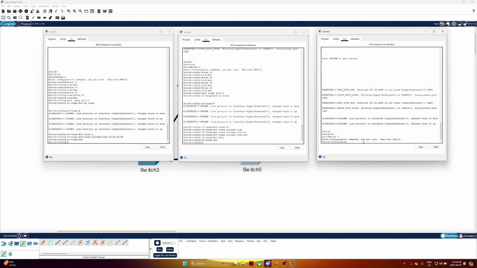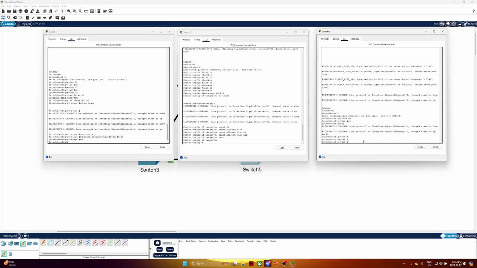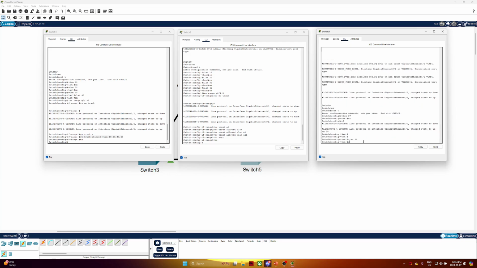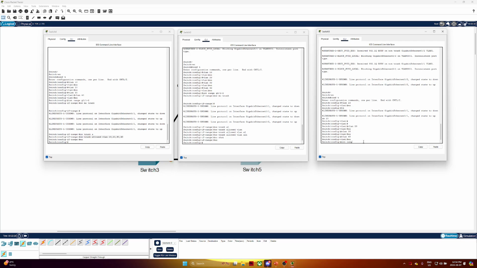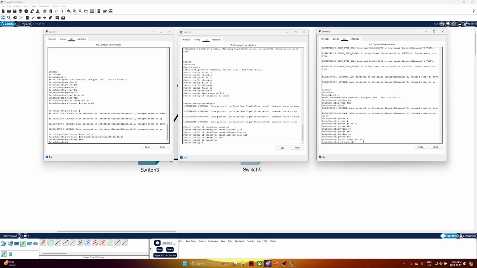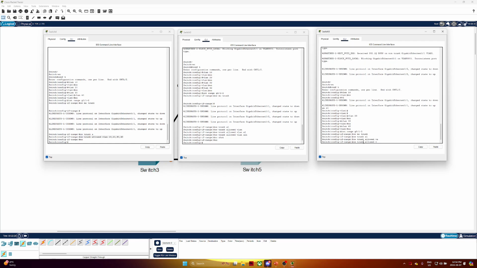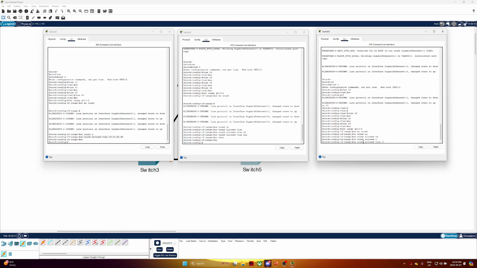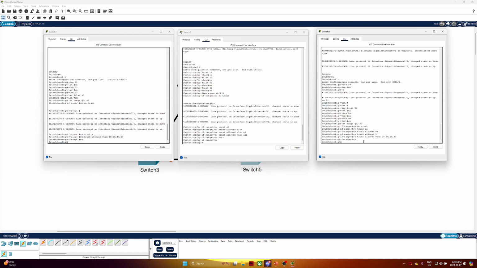VLAN 10, VLAN 20, VLAN 30, and VLAN 40. Interface range gig0/1 to 2. Switchport mode trunk. Switchport trunk allowed VLANs 10, 20, 30, and 40. To confirm if the port has been added to the trunk link, you could do show interface